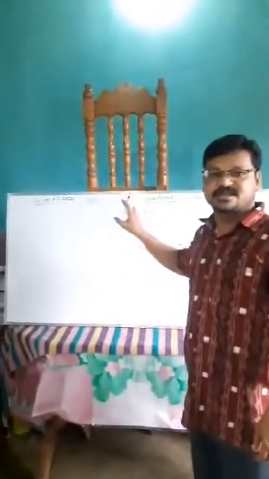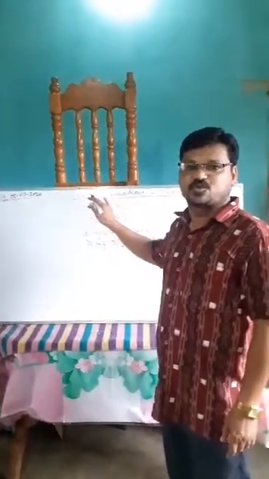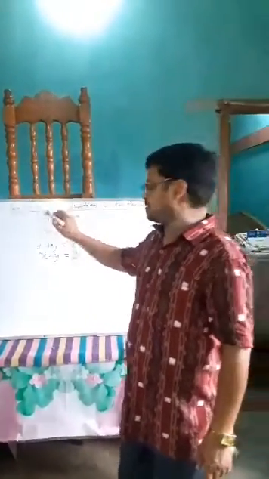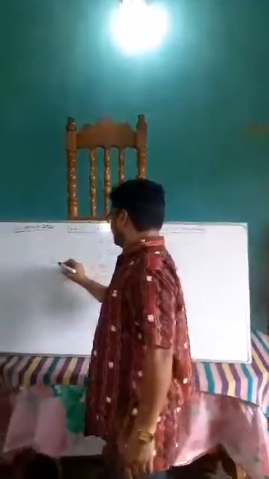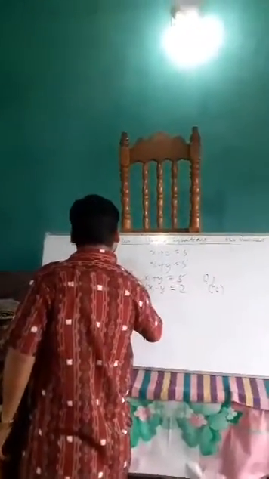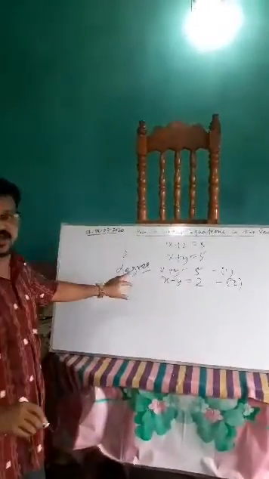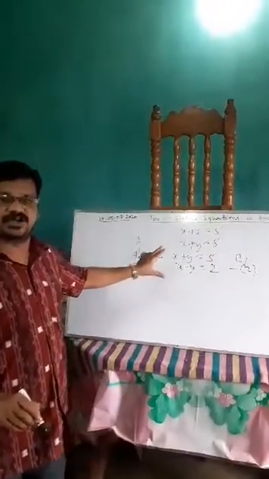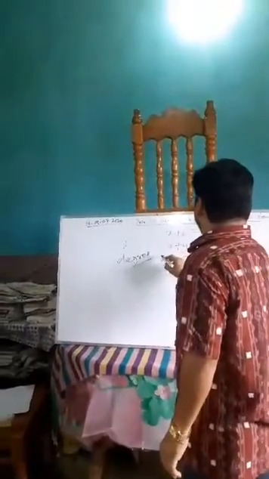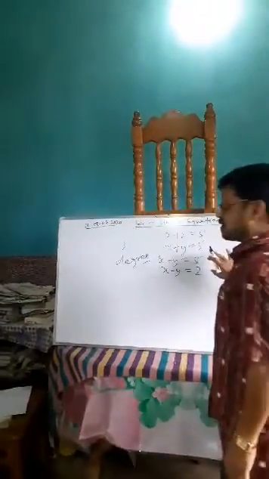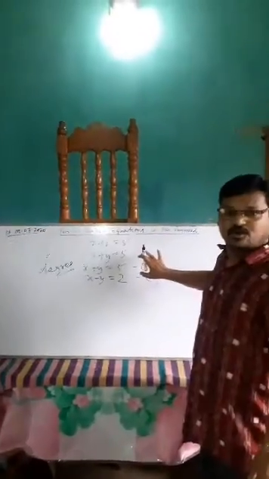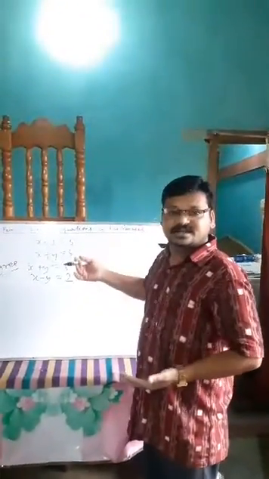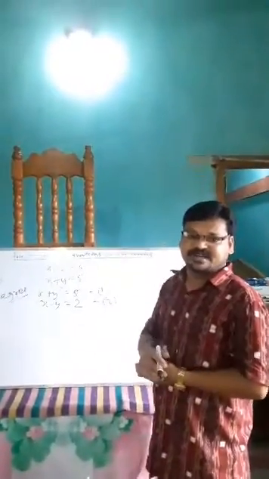Linear equation means an equation whose degree is 1. Degree means, as you already know, the highest exponent of the variable is called the degree of the polynomial or of the equation. So here, in a pair of linear equations in two variables, we will find how to represent it graphically.